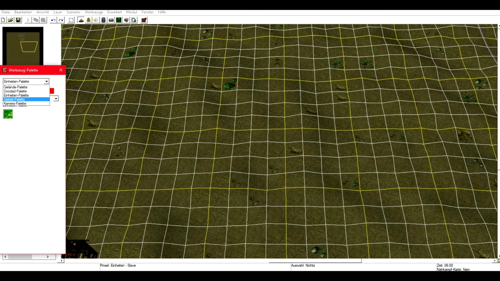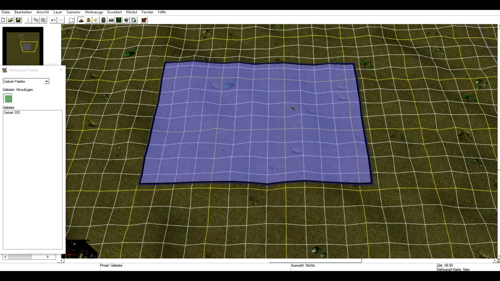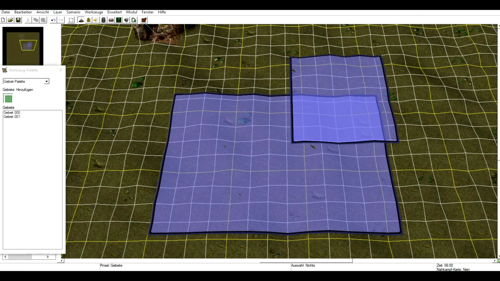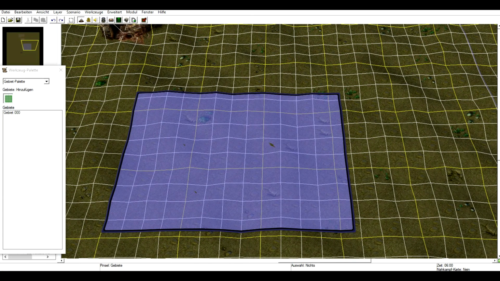Next part is regions. It's actually the same word in German. You can choose a certain area, which always needs four corners. You can't make a circle or a triangle or something like that. And with these, you can make